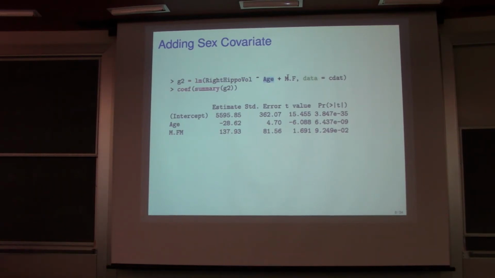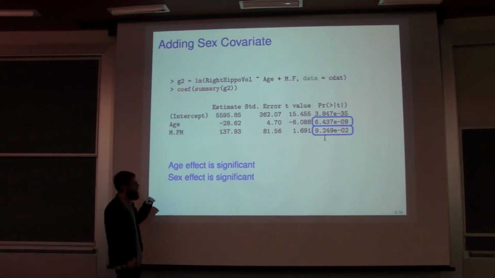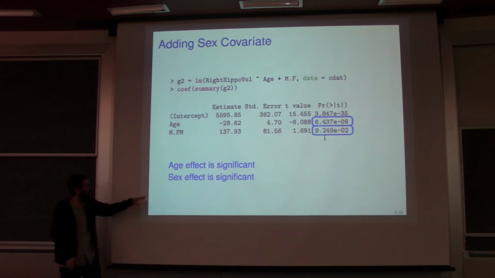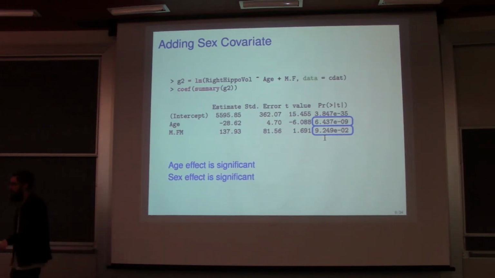And again, I do the linear model, and I get p-values, and I get that these are both significant effects. And so that tells me that the sex variable is also helping to predict hippocampal volume. And so I'll keep that variable in there. So it's 10 to the minus 2, so it's 0.009,